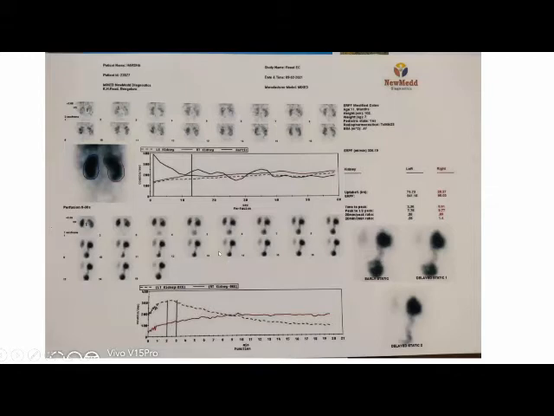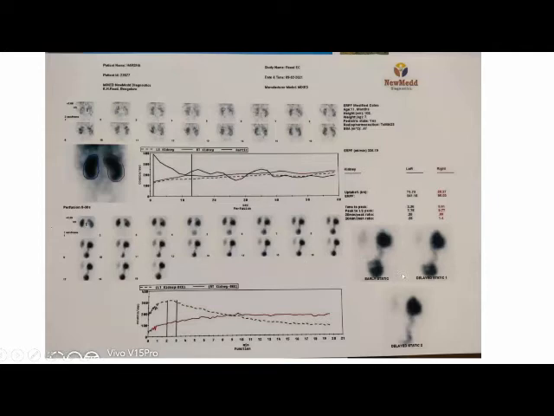And when you come back to the excretory films, you can see that there is significant holdup of dye in the pelvis and also in the ureter. The ureter is prominent in the sixth and seventh film, and after that also it is remaining prominent. It is not getting excreted properly into the bladder.